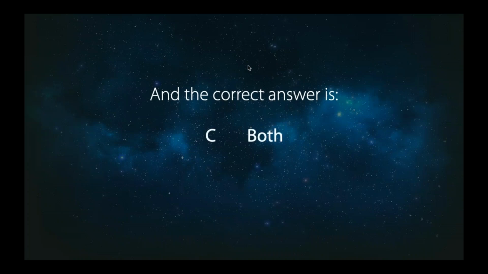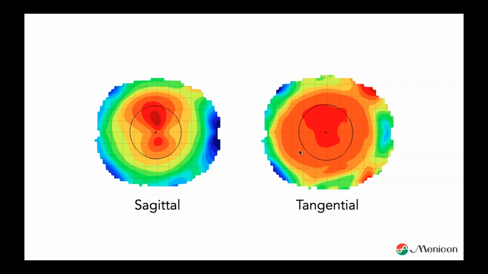You can use both. And this is a misleading question, but it is also to make you aware of the fact that we are looking at the same eye. It's exactly the same measurement. Look at this part. It's just the shape here. It is exactly the same measurement. The only thing is the map I choose: one is a sagittal map and the other one is a tangential map. So it's the same measurement, but the topographer is representing the images completely differently.